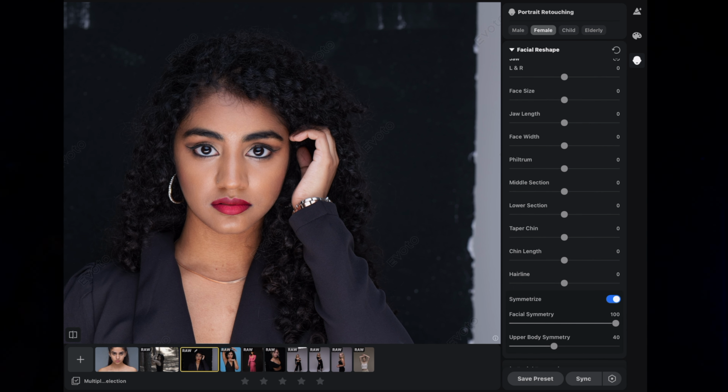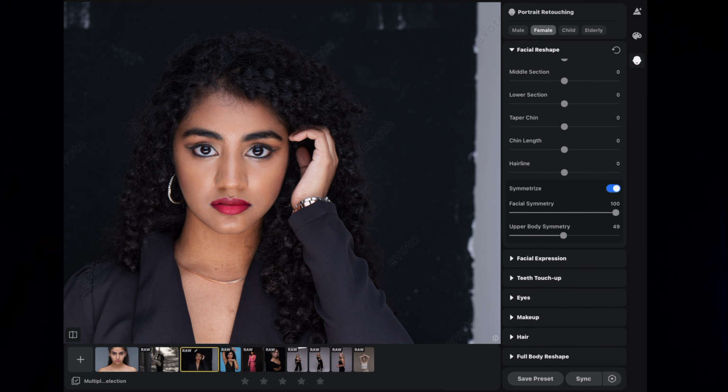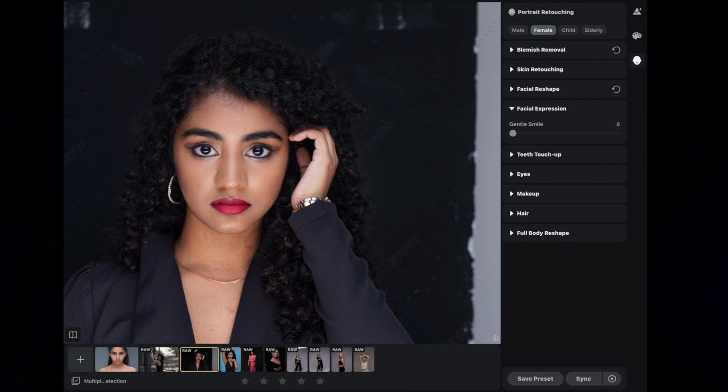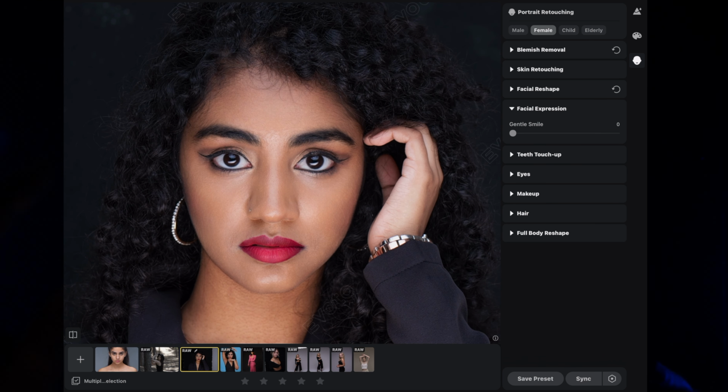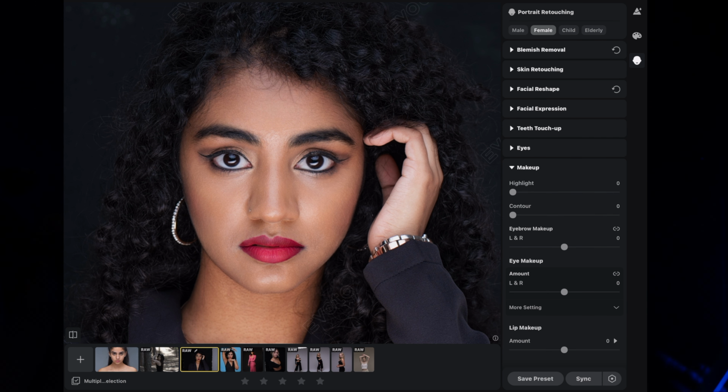I really like that feature. I'll keep that there. Facial expression. Now, the gentle smile, it's something I don't use. It just doesn't work on this, obviously this version, or the other version on the